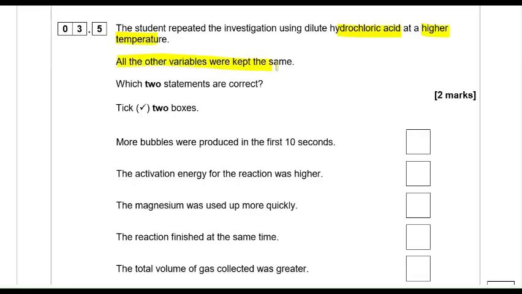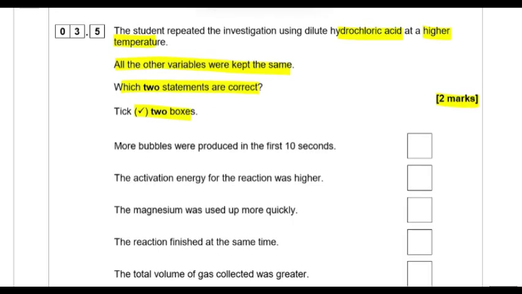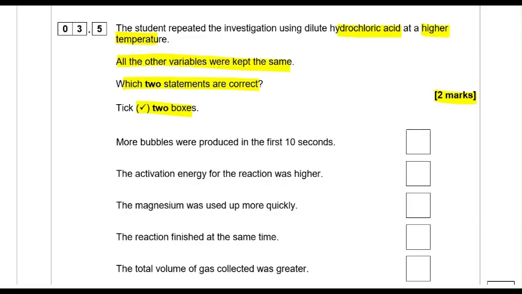All the other variables were kept the same. Which 2 statements are correct? You have to tick 2 boxes, and this is for 2 marks. Now let's look at some chemistry here. What's going on? Before we look at the choices, we know in chemistry, increasing the temperature is going to increase